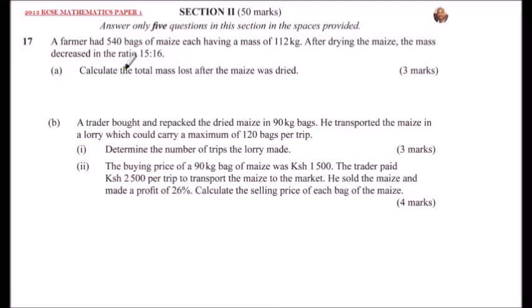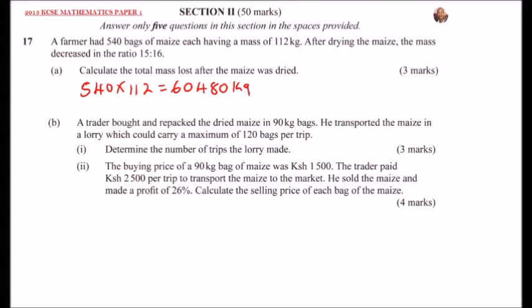So this one says a farmer had 540 bags of maize, each having a mass of 120 kg. After drying the maize, the mass decreased in the ratio 15:16. Calculate the total mass lost after the maize was dried. So the number of bags were 540. You multiply by the mass of 1 bag, and when you multiply that, you will be able to use your calculator. You'll be able to get